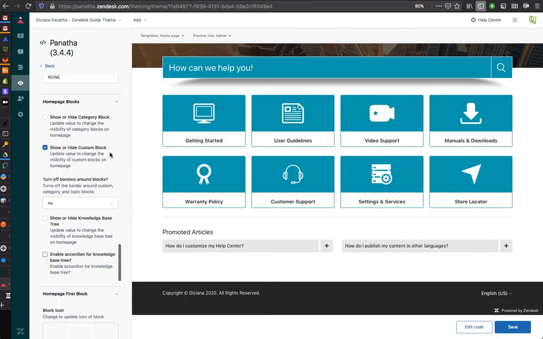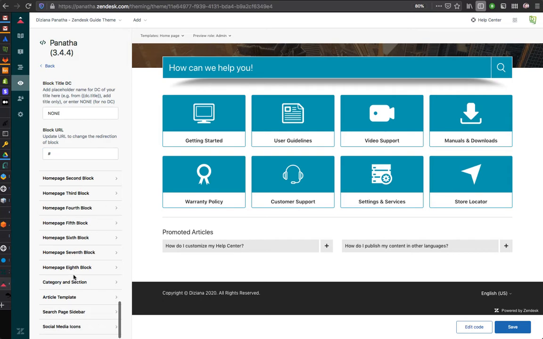So that is about custom blocks. There are 8 blocks with a corresponding number of settings over here. Let's say if you want to add more custom blocks, that can be done, but for those the settings cannot be exposed over here. And in order to add more custom blocks, you would have to edit the code, and that means you need a developer edition license.